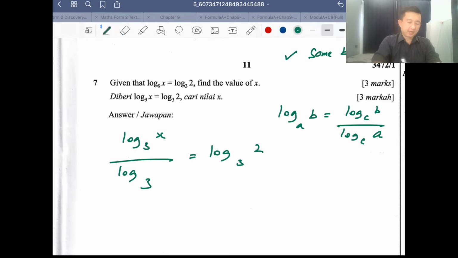And 9, I can change it to 3 squared. And when I have 3 squared, the power, I can put it in front. When I put it in front, it will be